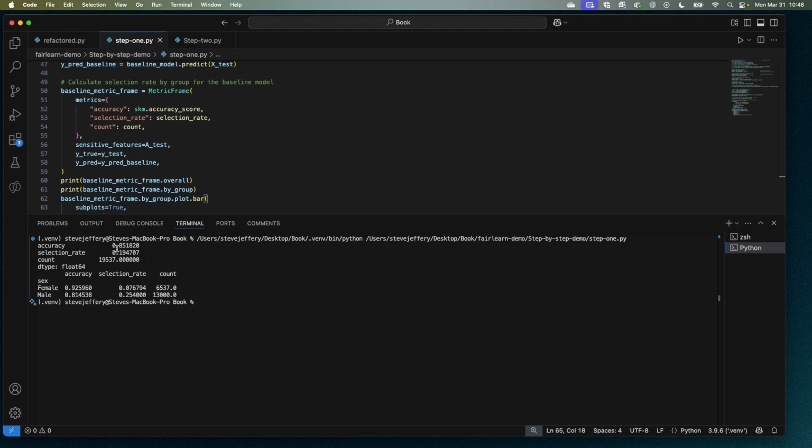Okay, so what are we actually looking at? You'll see that we had just shy of 20,000 records that we used for training and testing. Now, the important part really is at the bottom here. You'll see this property called selection rate. We have female and male. Now, 0.07 actually means that 7% of the time,